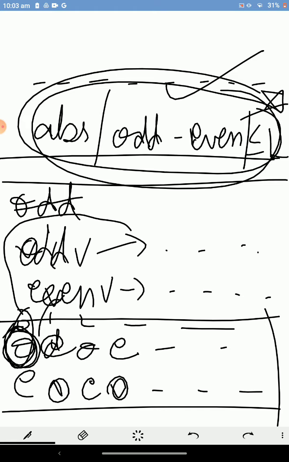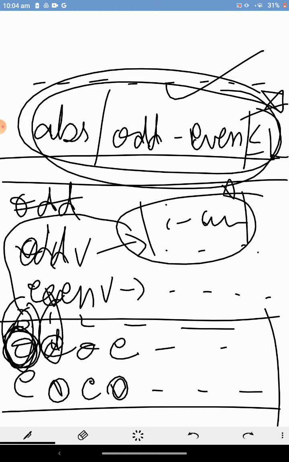If it is even, then we check where the nearest odd element is present. Wherever it is present, the absolute difference between that index and the current position is what we add to our answer.